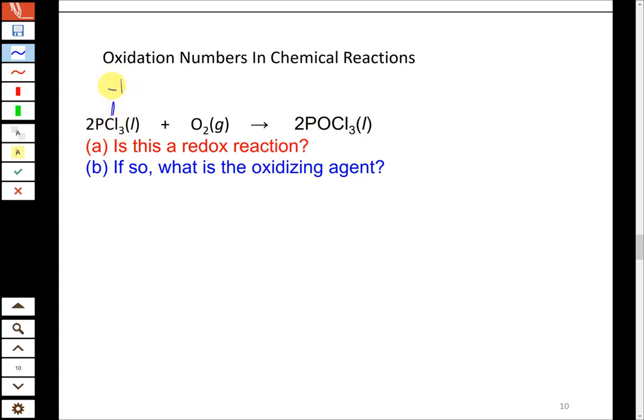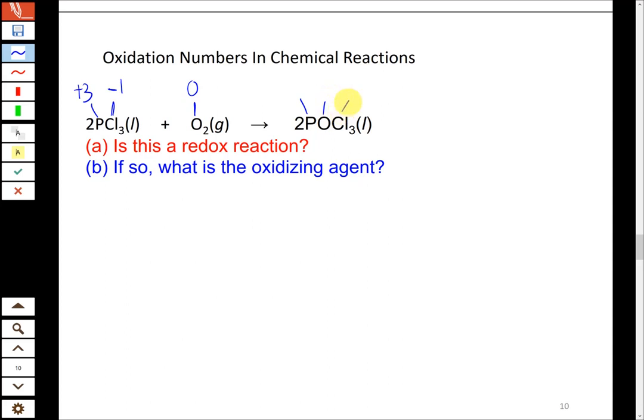So if we have 3 -1 chlorines, to balance the charge we have to have a +3 oxidation number for phosphorus. Again, those group 5 elements in particular, nitrogen and phosphorus, tend to have variable oxidation numbers. So here it's going to be +3 to make sure they're balanced. O2 is an element by itself, so it's going to be 0, no charge, no other elements in the compound. Then if we go to the product, POCl3,